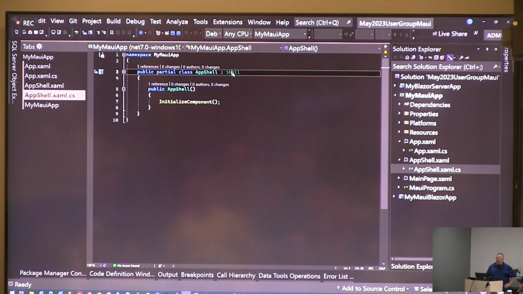You'll also notice a lot of the inherited classes, at least as far as the content pages, and here it says shell, they are grayed out. And usually grayed out means, hey, it's not being referenced anywhere. It's still part of the default offering we have there. I just normally leave them there. So anyway,